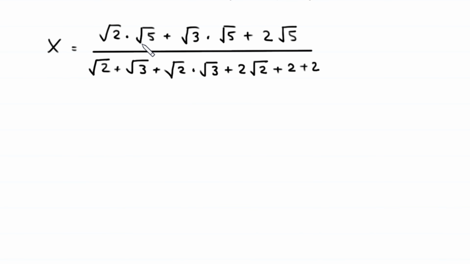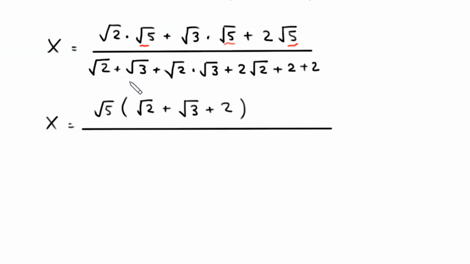Now from the numerator we can factor out root 5. So this will become x is equal to root 5 as common factor in bracket left root 2 plus root 3 plus 2 divided by we make a group of these three terms root 2 plus root 3 plus 2. So this will become root 2 plus root 3 plus 2 and the remaining terms plus root 2 times root 3